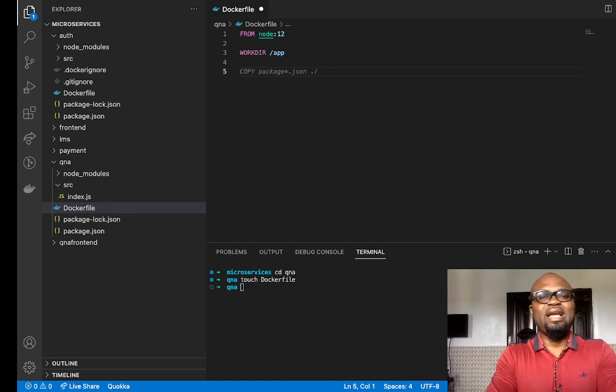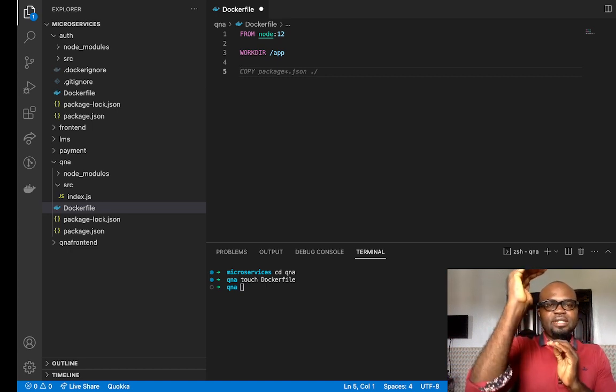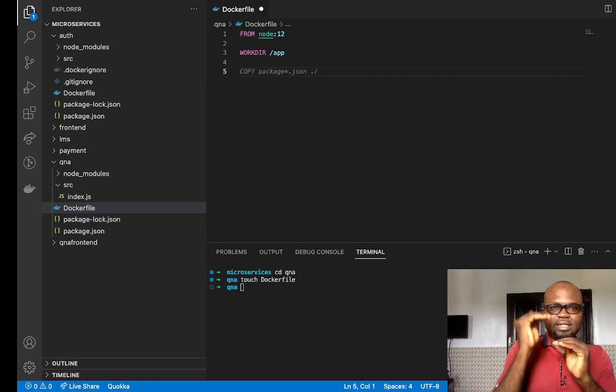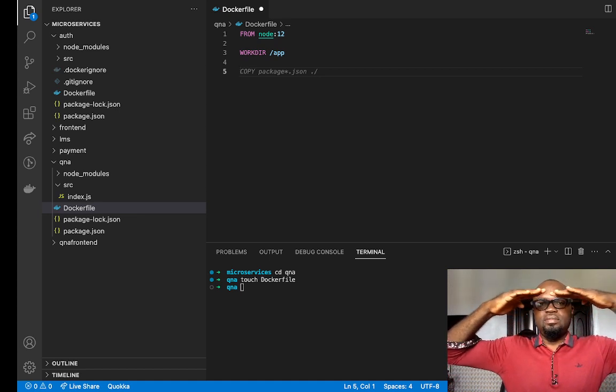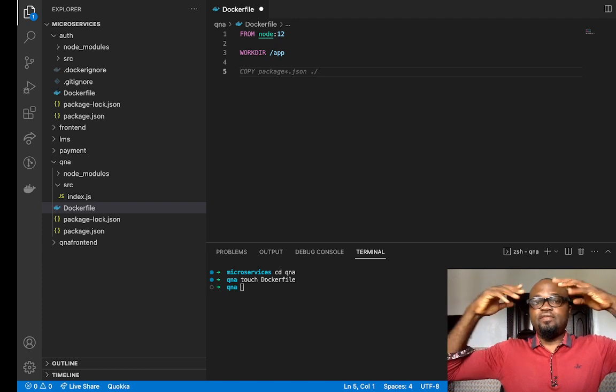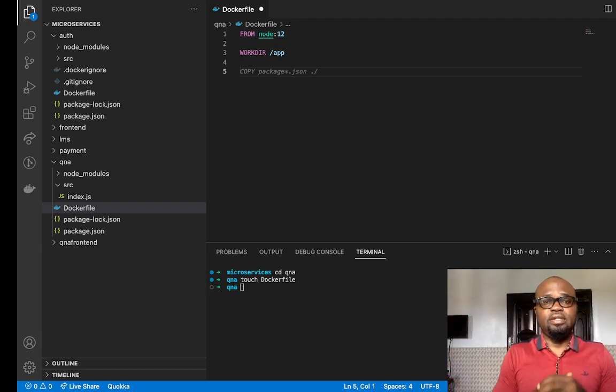to copy the package.json, because what happens is that this Dockerfile follows steps step by step. So the first thing it does is the first line, which is FROM, is going to be building the image from what template, from Node version 12 that is already there. Then the next thing is that you specify the working directory, which is /app. So the next thing will be to copy